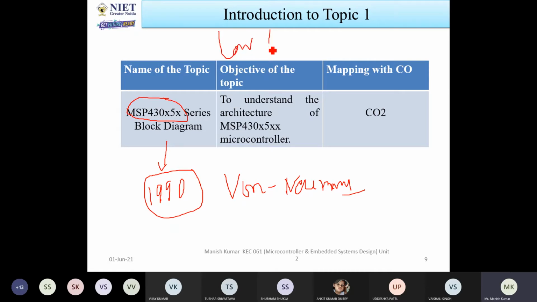Till now, all the microcontrollers or microprocessors you have seen work on a 5-volt supply, but this microcontroller requires a 1.3 to 3.6 volt power supply. It means that this will work in a low power mode.